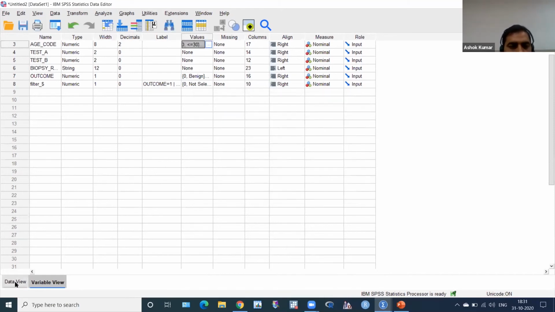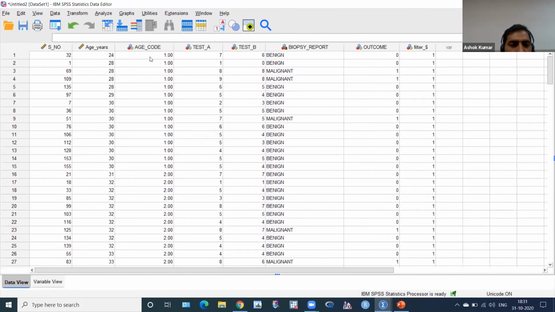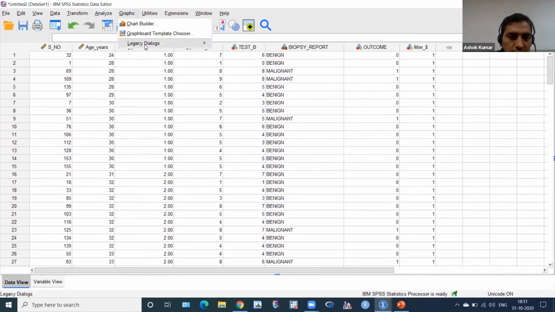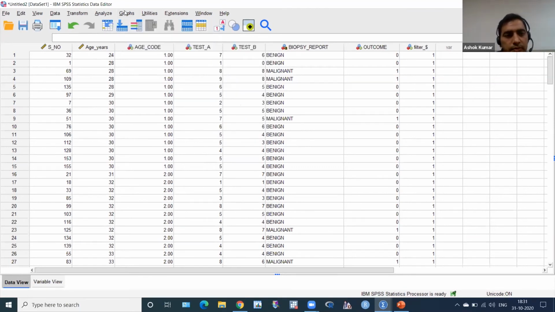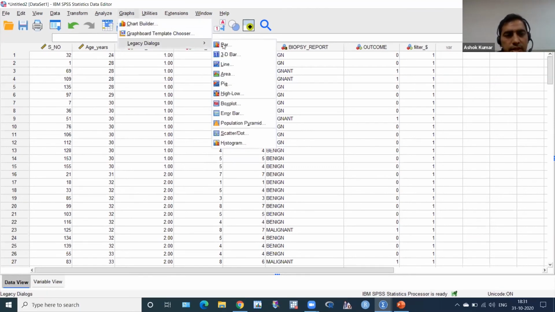Very good. Then I want to make a pie chart of this age code. So from where can I get the pie chart? You have to click graph, then legacy, and this is pie.